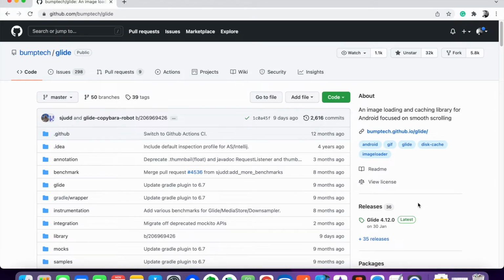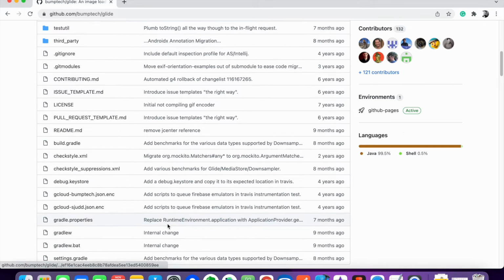It supports GIF and WebP, and when I tried to download big images, it was very fast to download them as well. Internally they use a bitmap pool to reuse images, so the GC events are a little less here. The scrolling of the recycler view was also very smooth when I included Glide in the app.